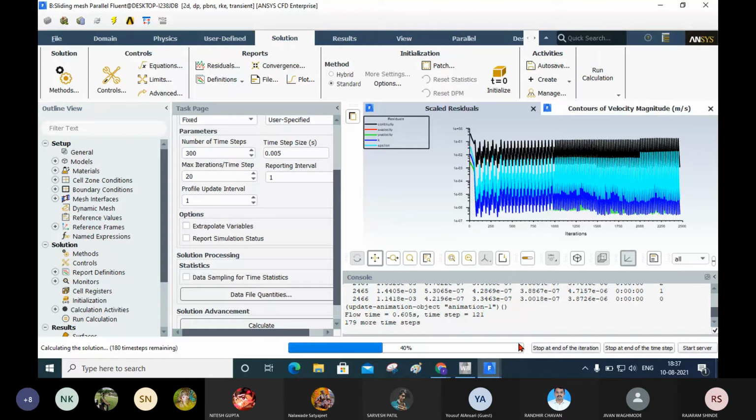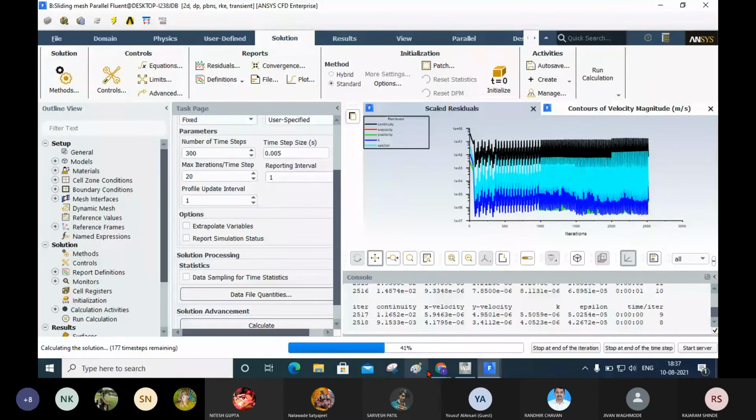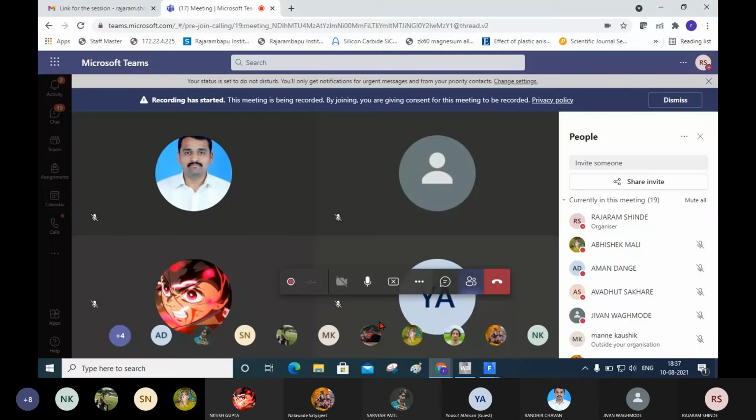You see here how it is coming close. It is a transient, that's why it is taking some time.